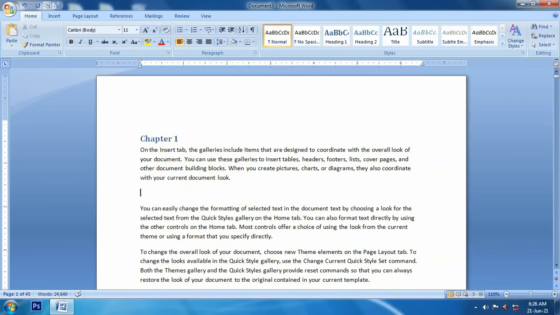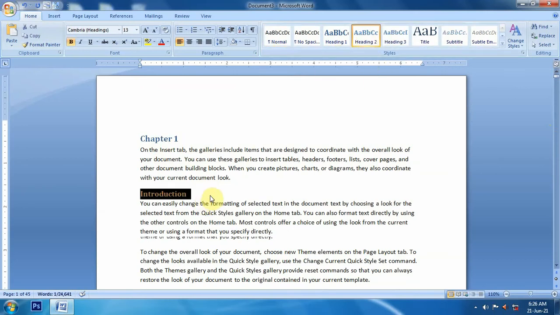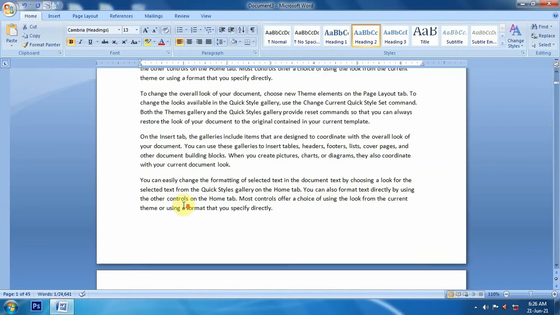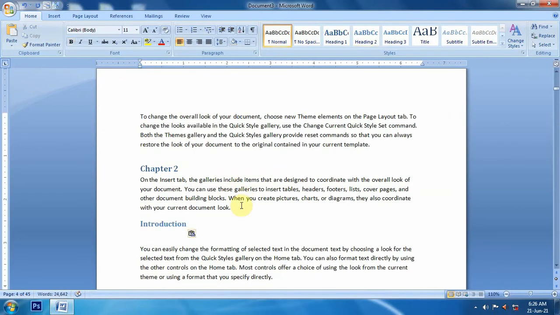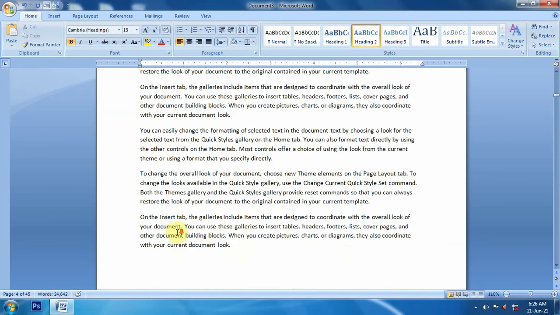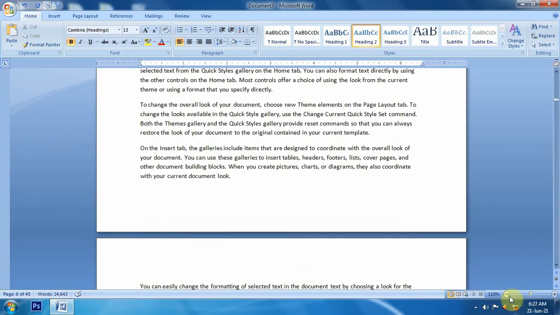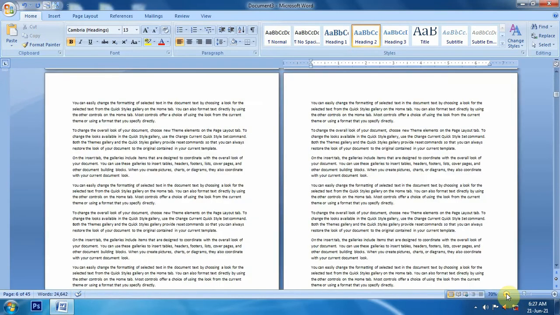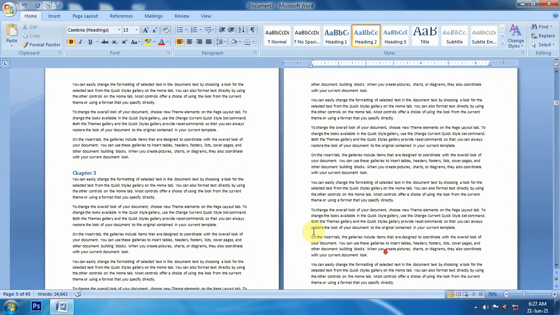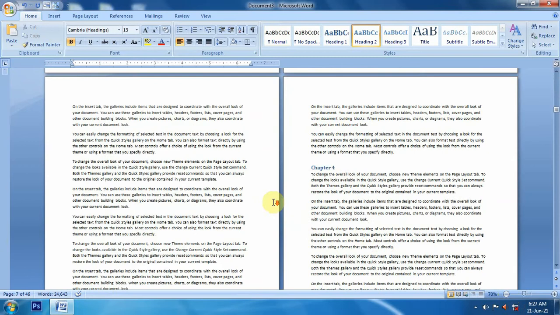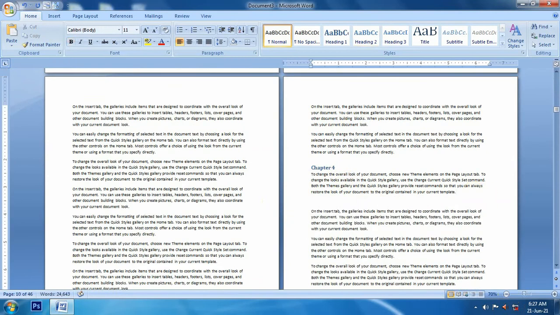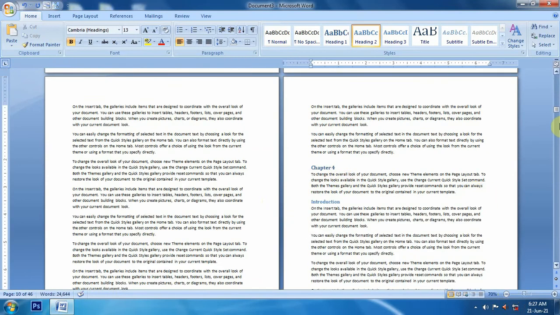Now here I say it is the introduction of this chapter, so it is heading 2. I will copy this heading and will place it as the introduction of chapter 2, it is the introduction of chapter 3, and the introduction of chapter 4. In the same way